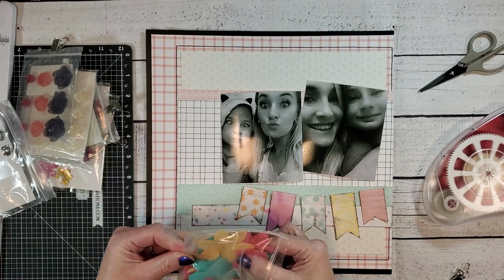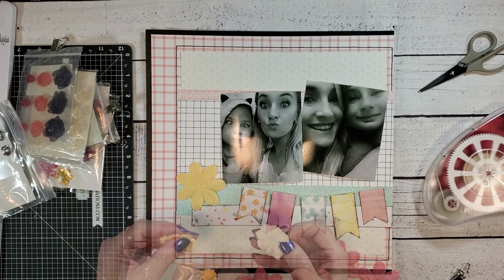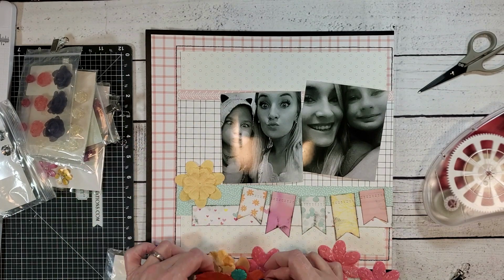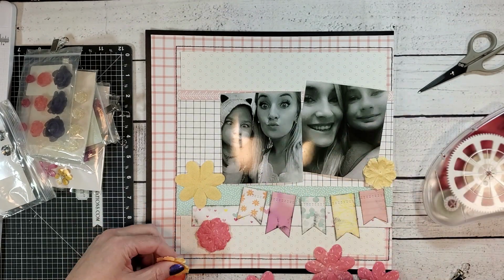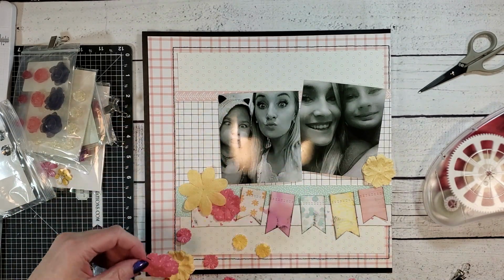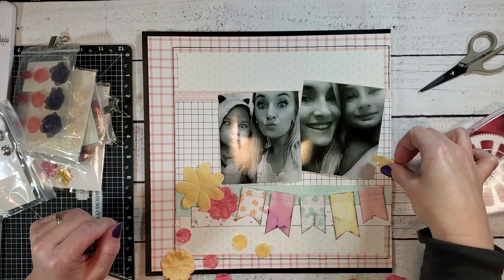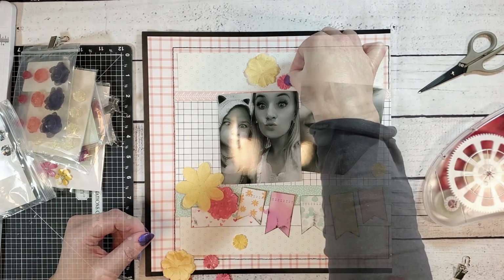These are brightly colored flowers with polka dots and paint splatters. These flowers are big and bold. I really want them to stand out on the page, but I don't want them to overpower the photo. So my plan is to keep the flowers to a minimum. Right now, I'm trying to form a visual triangle with those pink and yellow flowers. I'm going to go ahead and stick with the pink and the yellow because they match the other accents I've